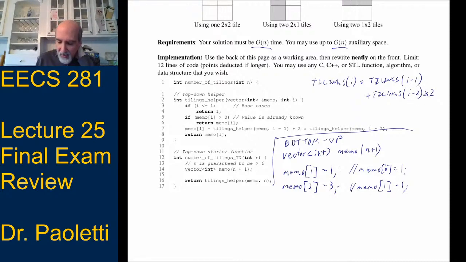And if I say memo sub 0 equals 1 and memo sub 1 equals 1, then memo sub 2, the number of ways to tile size 2, is equal to the number of ways to tile size 1 plus the number of ways to tile size 0 times 2, that's 1 plus 1 times 2 is equal to 3, and that's what we got. So either one of these base cases works.